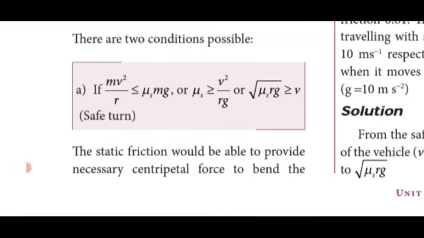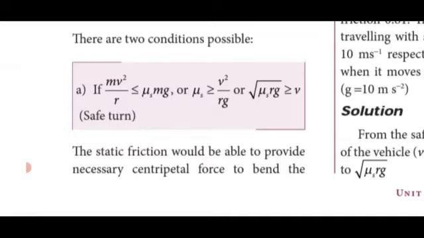So the static coefficient between the tire and the surface of the road determines the maximum speed the car can have for a safe turn. That means the static coefficient decides the maximum speed, so here root of mu s rg is greater than or equal to v. Only under this condition is the car moving on a safe turn. That is, the car can turn safely and does not skid. Okay, this is the first condition. So what is the first condition? The static coefficient is greater than or equal to the speed of the car. If the car has more speed, then it skids.